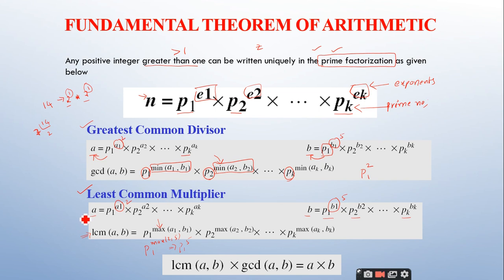So this is one of the applications where we can find the GCD and LCM by making use of the prime factorization technique. And there is one more formula which we are very much aware of: the LCM of two numbers A and B multiplied with the GCD of the same numbers A and B is equivalent to A cross B, that is A multiplied with B. This is a common formula which you can keep in mind.